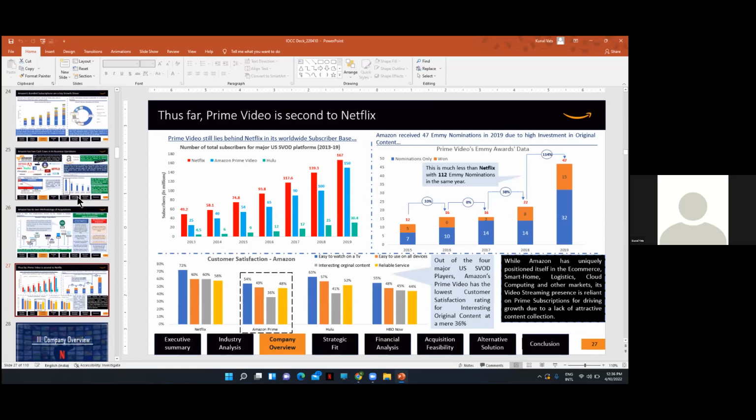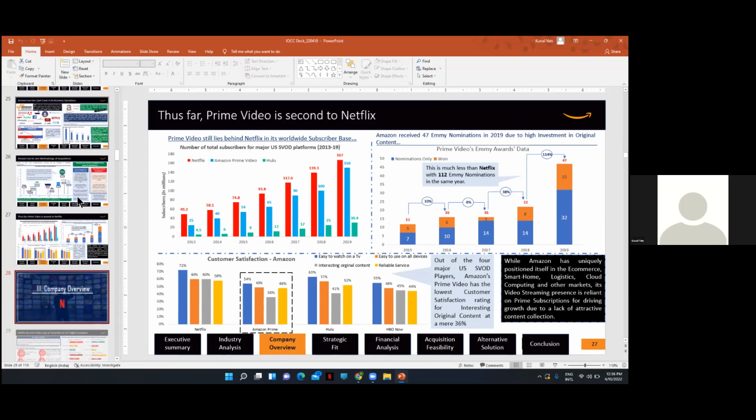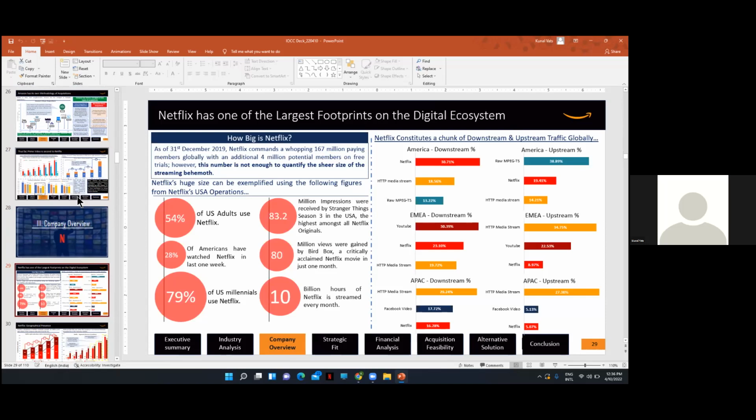In terms of the SVOD market, if you compare Prime Video and Netflix, Netflix was definitely ahead of Prime Video when this solution was made. And in terms of customer satisfaction, in terms of Emmy Awards, and so on, like you can see the subscriber bases as well. So Netflix was clearly the leader, and this is an important point to understand the feasibility of the transaction. We look at Netflix and its overview. We look at its size and its